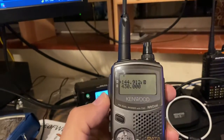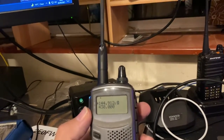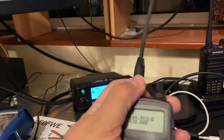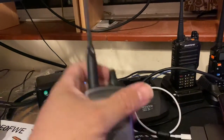Oh, here we go. So yeah, it's dual band, and I've got 77s and 2 meters on there, and this rubber ducky that came with it. Obviously this should come off as well. So what I'll be able to do is put a switch in here, and then